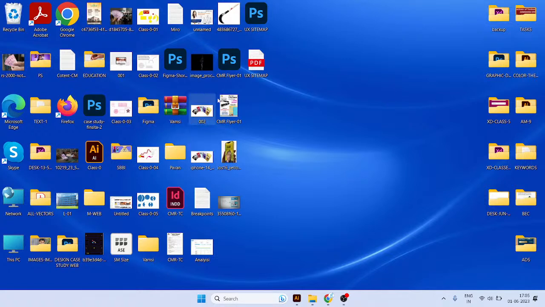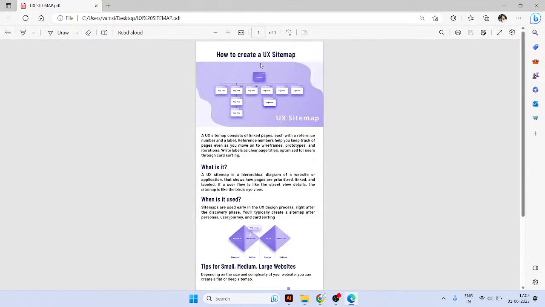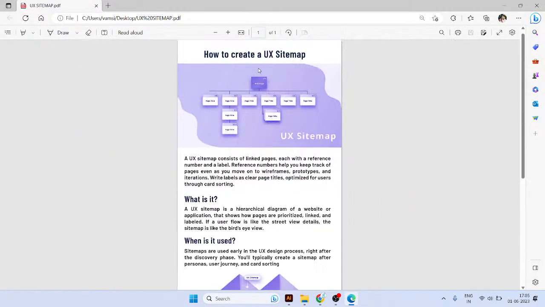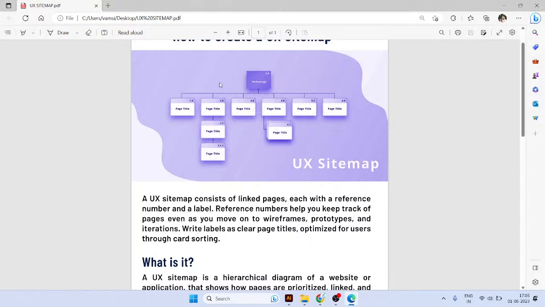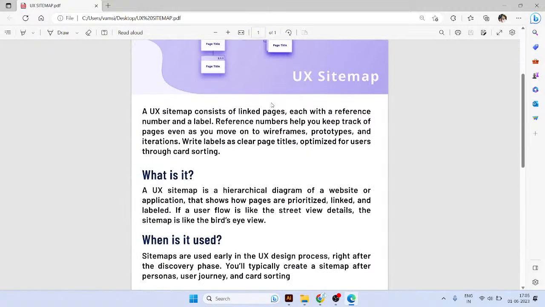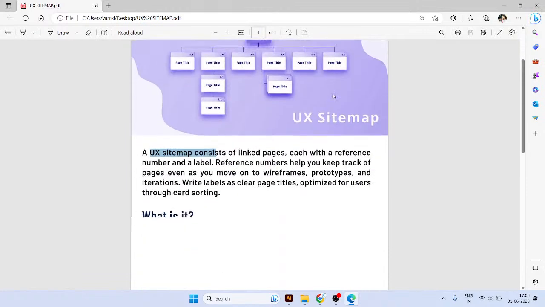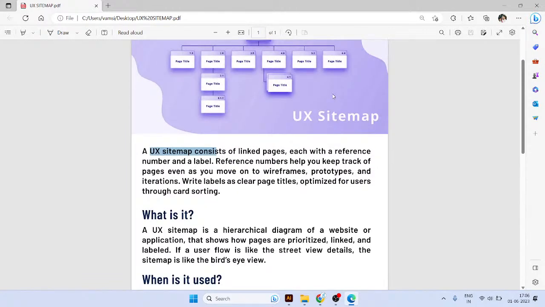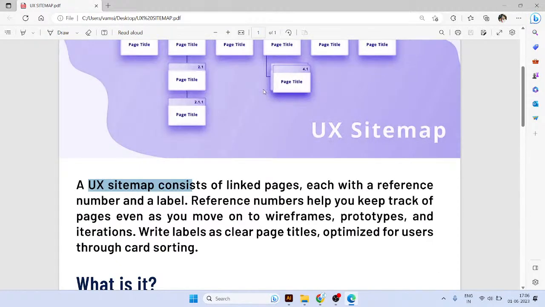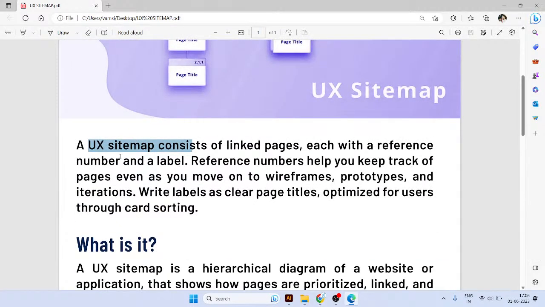So we have a PDF here. We can check how to create a UX sitemap. So this is the UX sitemap. A UX sitemap consists of linked pages, each with a reference, a number, or a label. So if you are taking any sitemap,